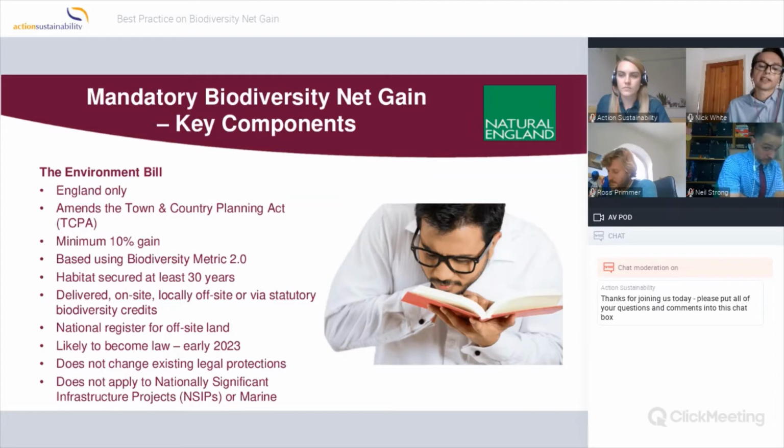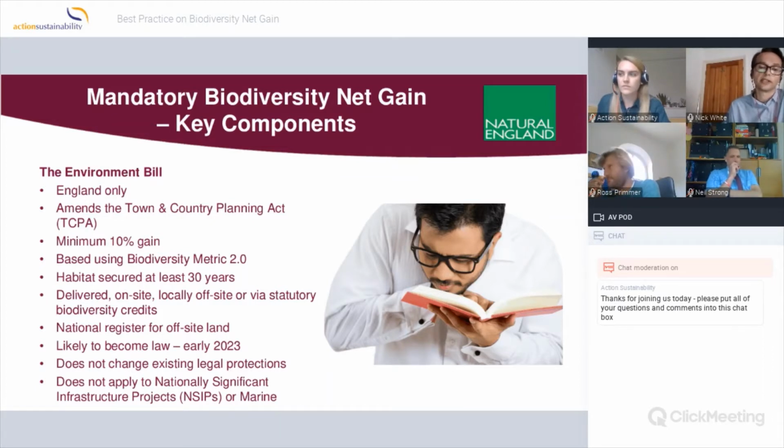And the bill actually has a spatial delivery hierarchy within it. So when Ross was talking about the mitigation hierarchy, what the bill emphasises is that it expects any project to firstly consider and seek to achieve net gain on the site in the first instance. It recognises that's not always possible. So where that can't be done either wholly or in part, you are then encouraged as a project to look off-site by the purchase of habitat units from local landowners, which could be NGOs, could be farmers, could be a range of organisations.